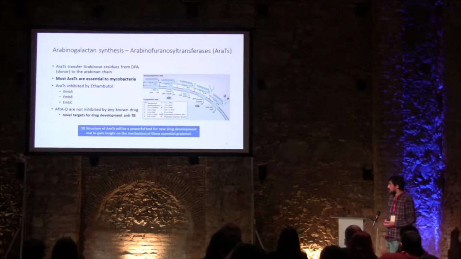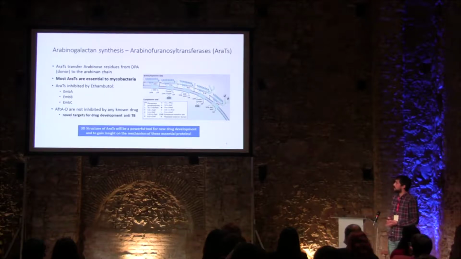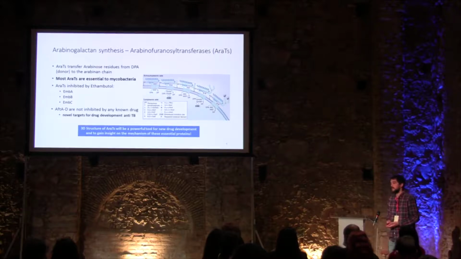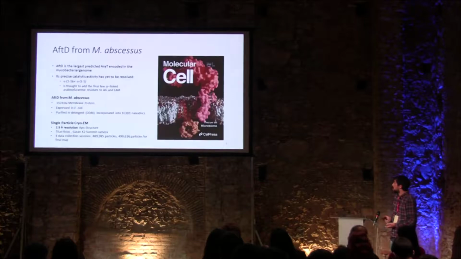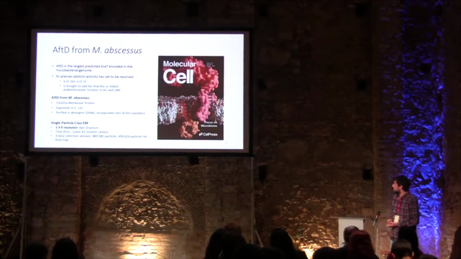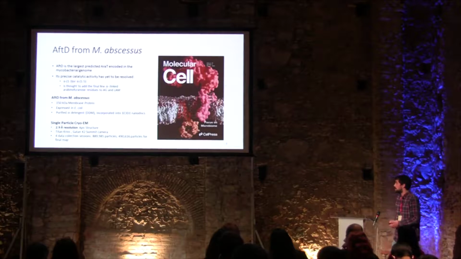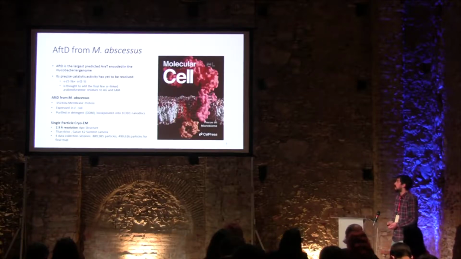So, in essence, the 3D structure of these proteins will be a powerful tool to design new drugs against tuberculosis. So, the first one we were involved with is AFTD. So we determined the structure of AFTD from Mycobacterium abscessus. AFTD is the largest predicted RAT encoded in the genome. It has 150 kilodalton